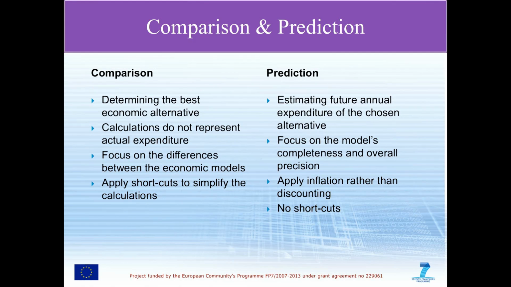However, the situation is different when you're looking at how do I actually turn this into a prediction of what the future is going to be. Here we need to now focus on how complete all the items of cost are in the model. Have we picked up every single item? Are we really sure that we've got all the right costs in there to the same degree of accuracy? And we're not discounting anymore. We now have to start applying inflation as it really does apply throughout the future years to make sure that we actually come up with a figure of how much we're going to be spending, we think, in 2 years' time, 5 years' time, 10 years' time, by making a particular decision now.